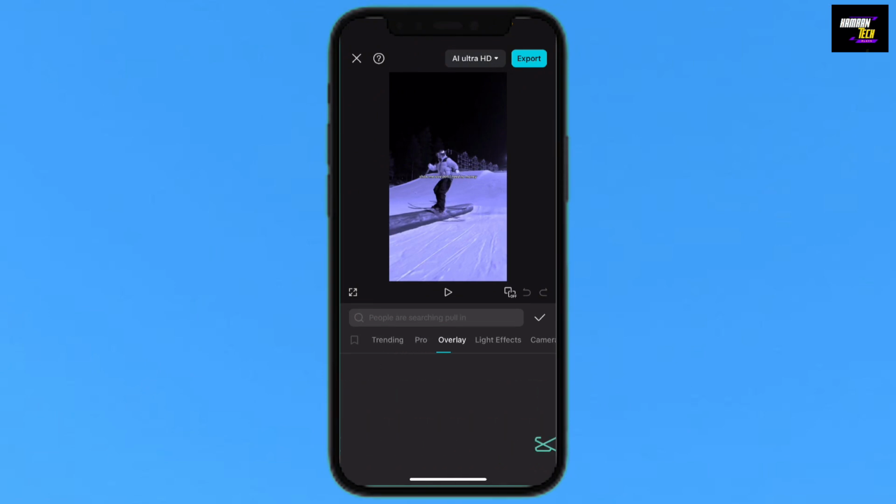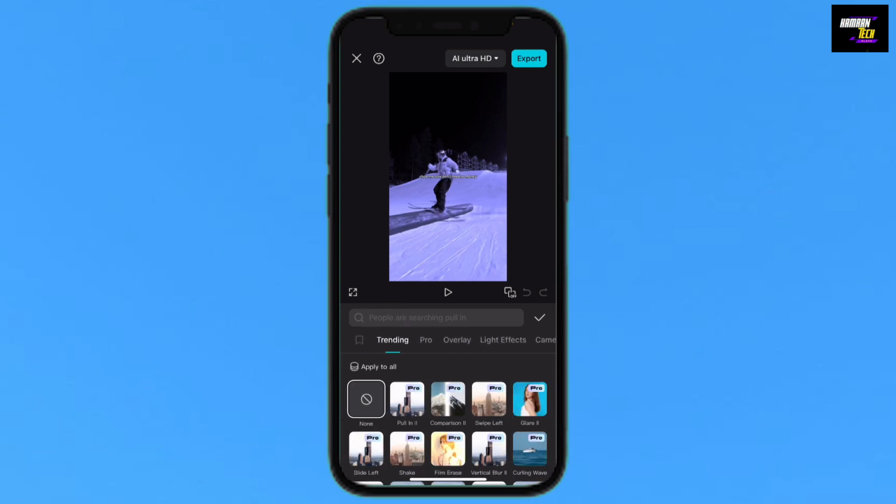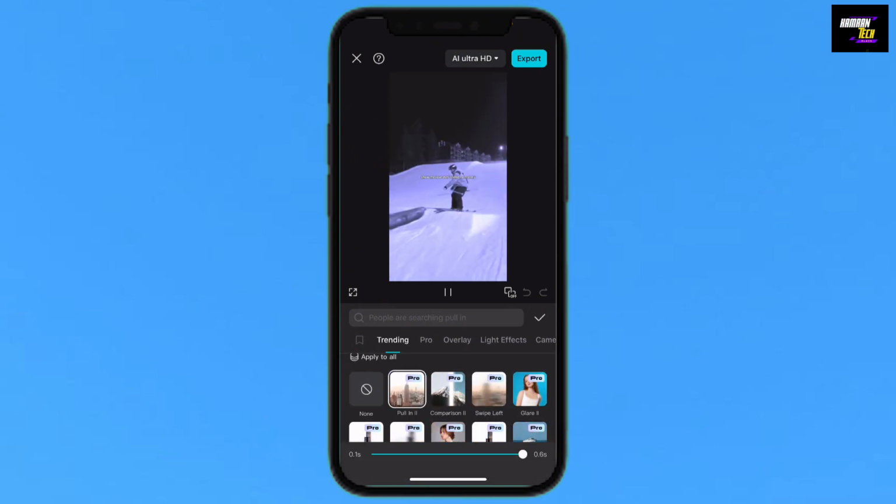select Trending. There is Pro, Overlay, Light Effects, Camera, Blur. So I want to just tap on Trending and I want to add a transition, this one like Pull in,